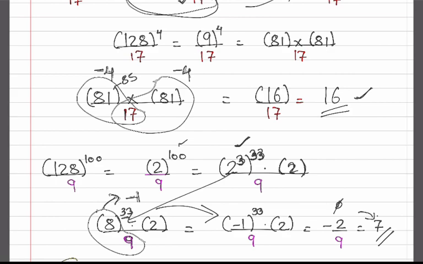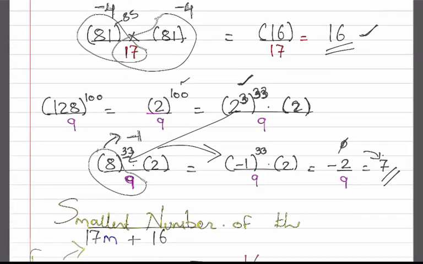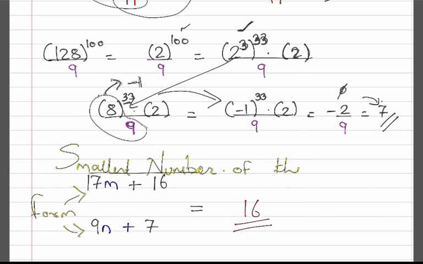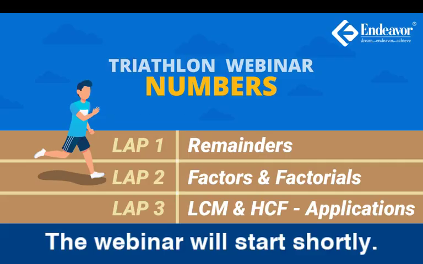But is the problem solved? No. What do we need in the end? The smallest number which when I divide by 17 gives me a remainder of 16. So this will be